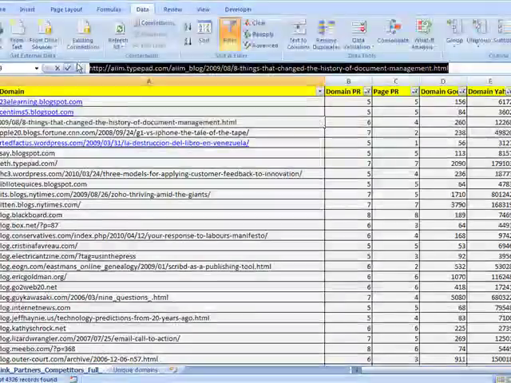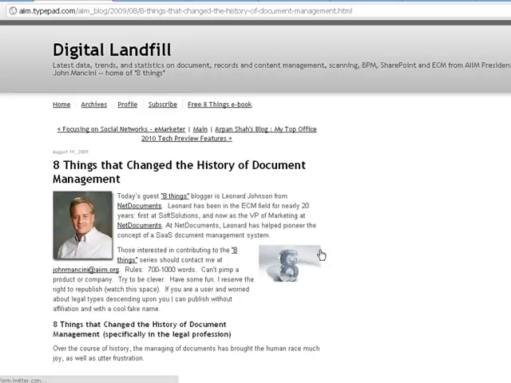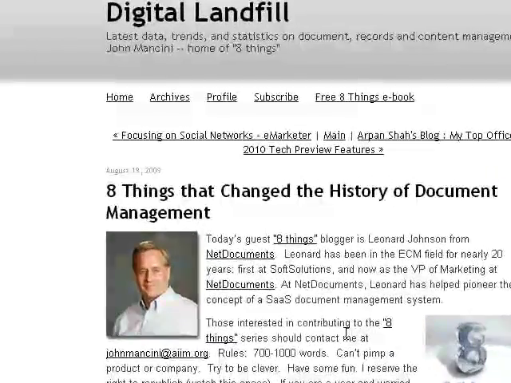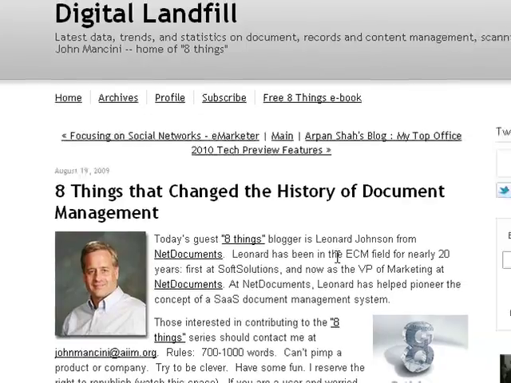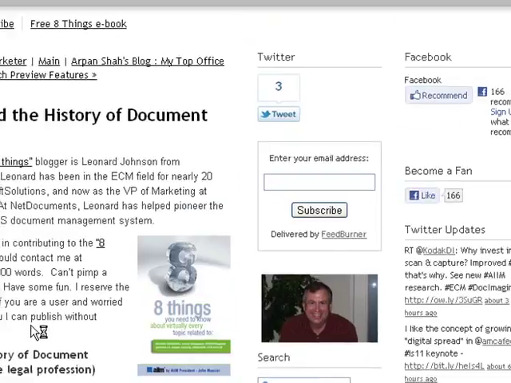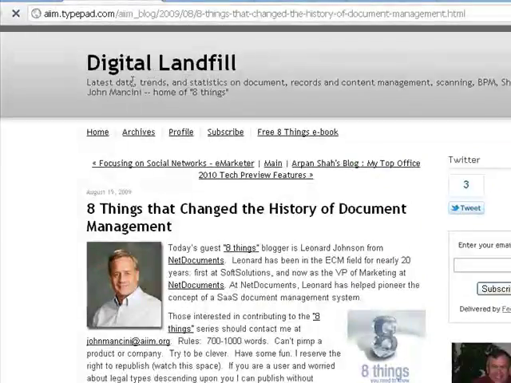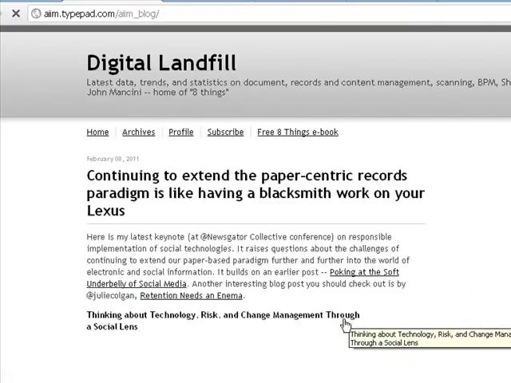The next site. That's an interesting one. They talk about document management, which is definitely our field. So I will be tempted to select it. They are on Twitter too. That's interesting. One thing I will check before I select it is the field they are in, and I'll go to either the home page or read the header here. Latest data, trends and statistics, and document recording, content management, scanning. So it's definitely a technology website, and